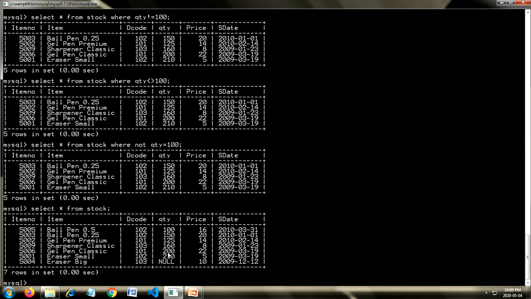So I have two conditions now. So simply I will use select star from stock where. Now here I have two conditions. So when you have two conditions, either you have to use AND or you can use the OR operator. So this depends upon what condition you have to apply.